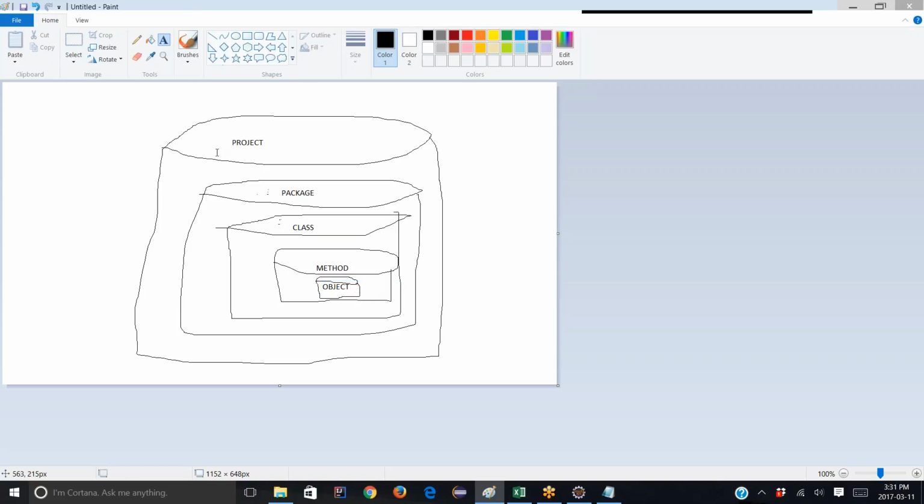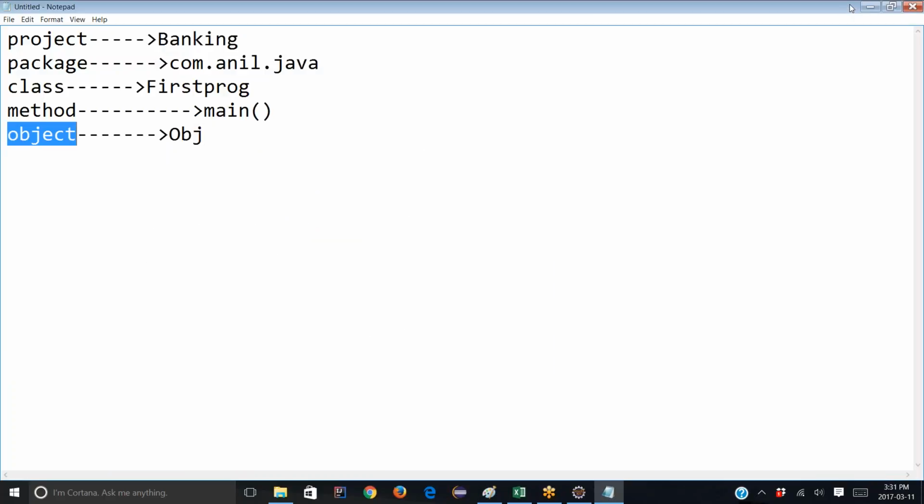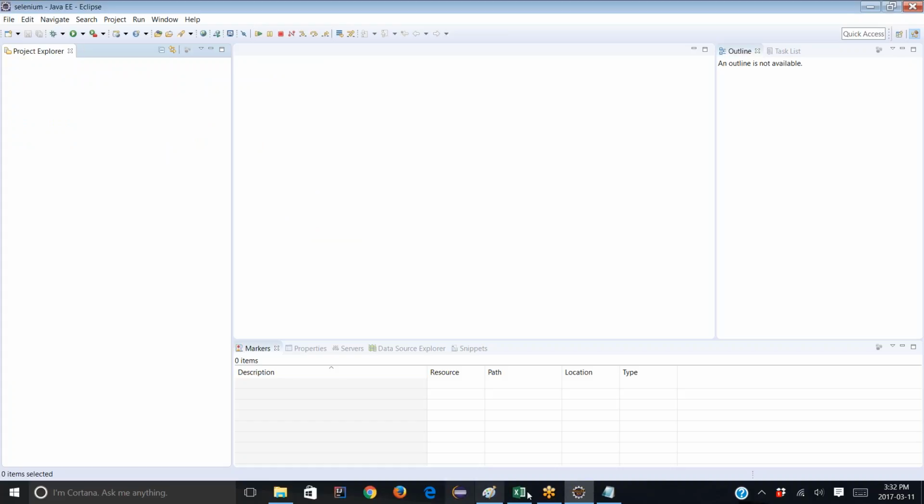That's it. So we have project, package. It's like folders. Inside the project folder, there is a package folder. Inside the package folder, a class folder. Inside the class folder, method. Inside that, an object folder is there. This is like a container, or you can say folders. One folder, inside it package, inside it class, inside it method, inside it object. It will be created like that. Okay, I'll show you first. Let me create that. That will be taken care of by Eclipse. Okay, so